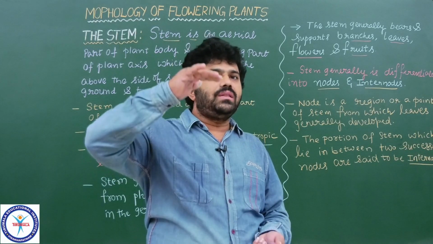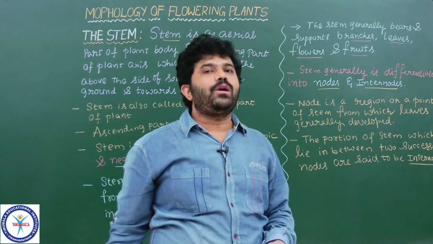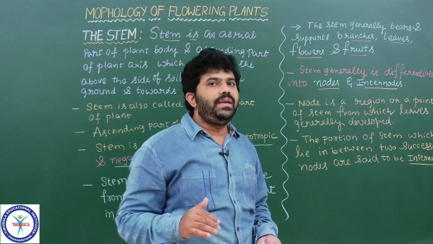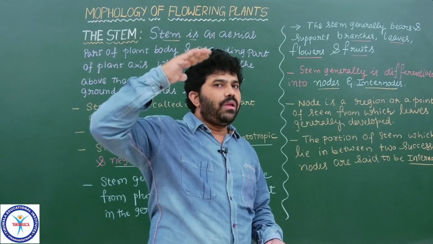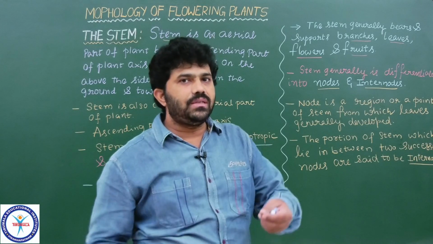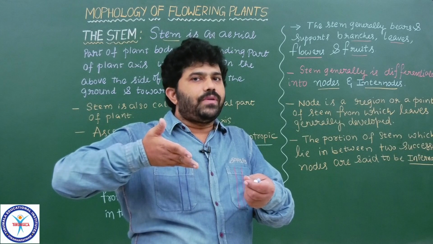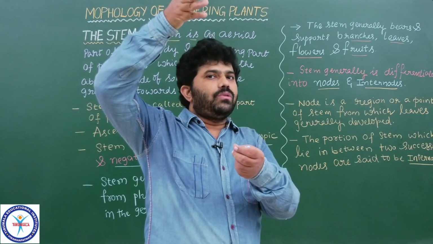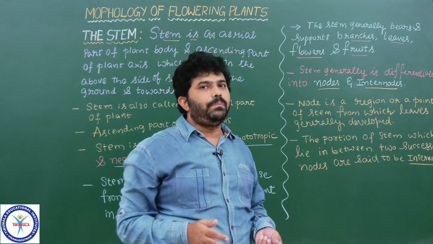Like that, the leaves continuously develop in the acropetal order. Acropetal means acro is terminal, petal is towards. So all the leaves develop from every node in the acropetal manner, or acropetal succession. The first leaf is at the base, the second leaf is above the first leaf, the third leaf is above the second leaf, and the fourth leaf is above the third leaf. Like that, the younger leaves grow towards the tip or terminal.